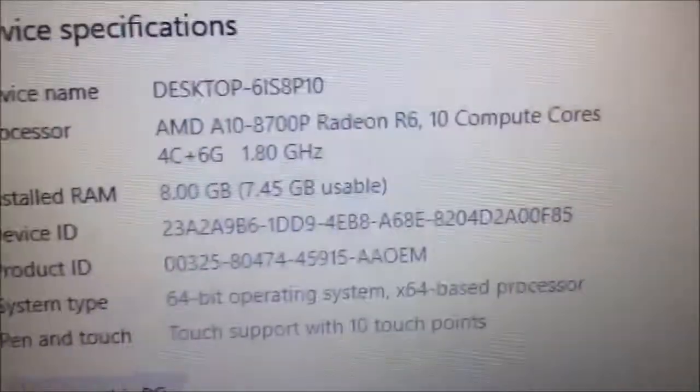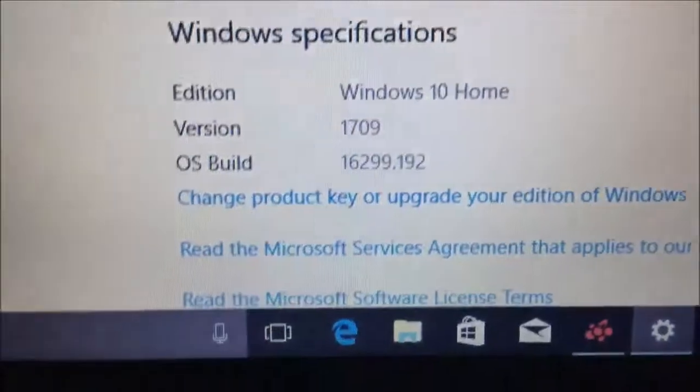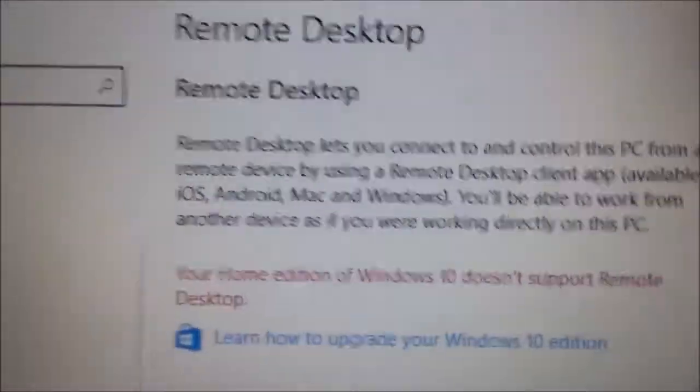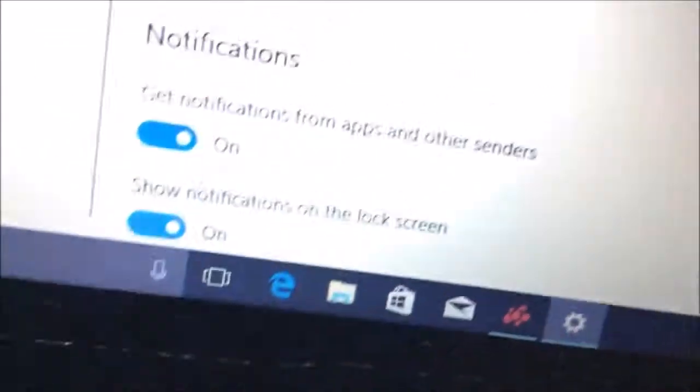So, let me go to my system. Oh yeah, I didn't name the PC yet. So, it's good right now. Got latest update. Remote desktop. Oh yeah, Windows 10 Home doesn't allow it. It's stupid though. And then,